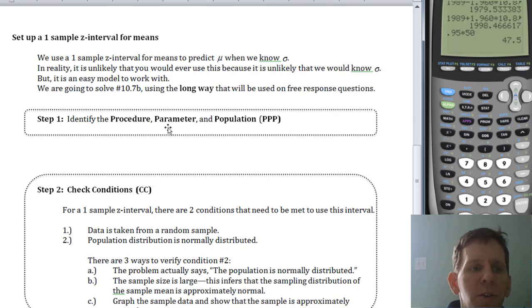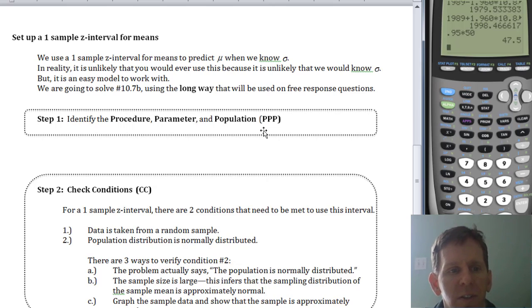So a reminder from yesterday, we're going to use a one sample z-interval for means to predict mu, the population mean, when we know the population standard deviation. In reality, it's unlikely that you're ever going to use this confidence interval in real life, because if we don't know what mu is, we probably don't know what sigma is either. They're both population values, so if we know one, we probably know the other. However, because this is such an easy model to work with, it's a nice one that we start with